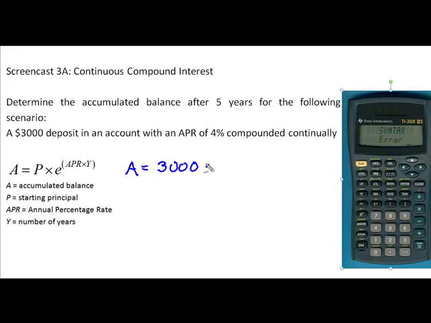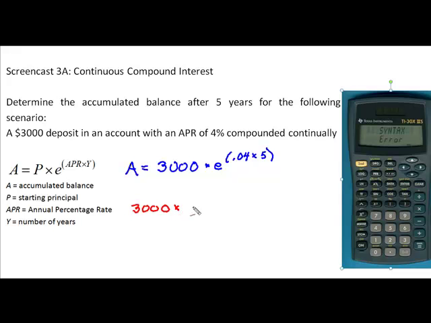That is going to be multiplied by e, and I'll show you where that is in a moment on the calculator, raised to our annual percentage rate of 4% changed to a decimal, times the number of years that we're going to leave the money in the account, which for us is 5. That means when we plug this into the calculator, we are going to be putting in 3,000